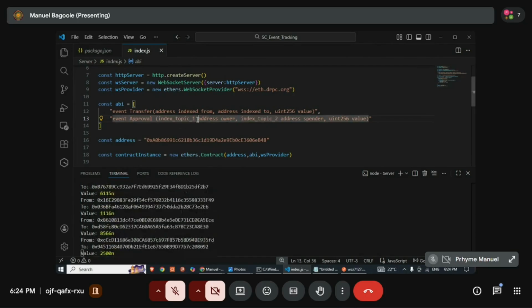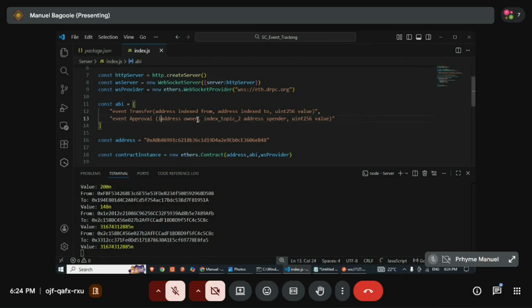So this is an address. I'm going to remove this. And we're going to now track the approve event. It is a little bit slower. This is indexed. Even spender is indexed. What this means is that it makes it easy for us to